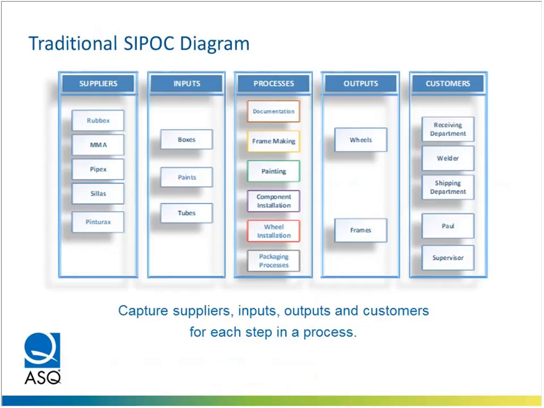Before I go on forward explaining a little bit more about how we use SIPOCs, I just want to talk a little bit about a traditional SIPOC and what it does. Traditionally, SIPOC is a tool used to help understand what are the suppliers, inputs, output, and customers of each step of a process. As you can see on the screen, all your processes are in the middle on the column that says process. In this case, we were looking at the process of